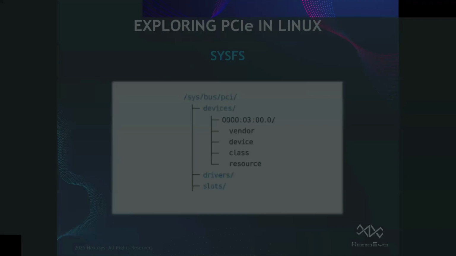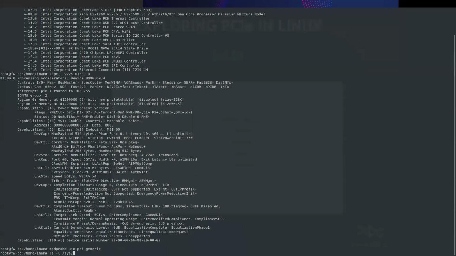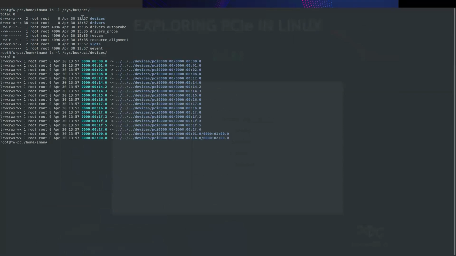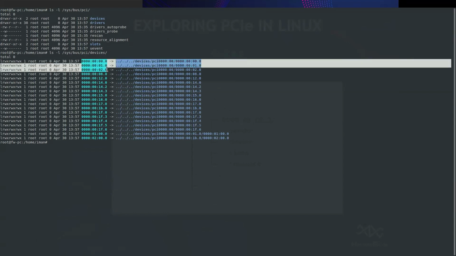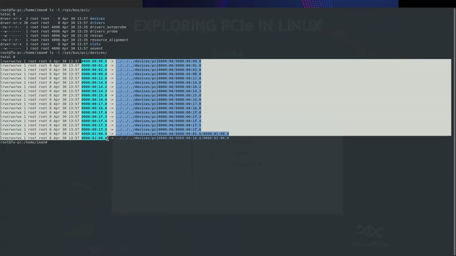Just to see a little bit about it, here in my system, for example, if I read that pseudo file system, sys/bus/pci, and go to devices, I can see symbolic links for each device and even each bridge that I have in my system.